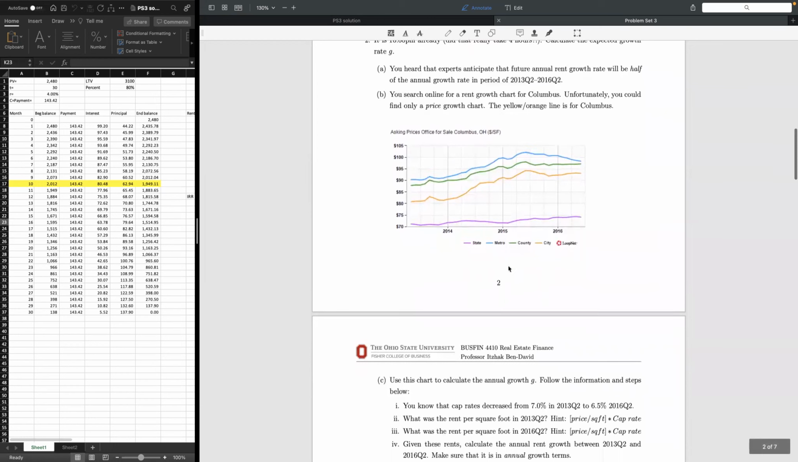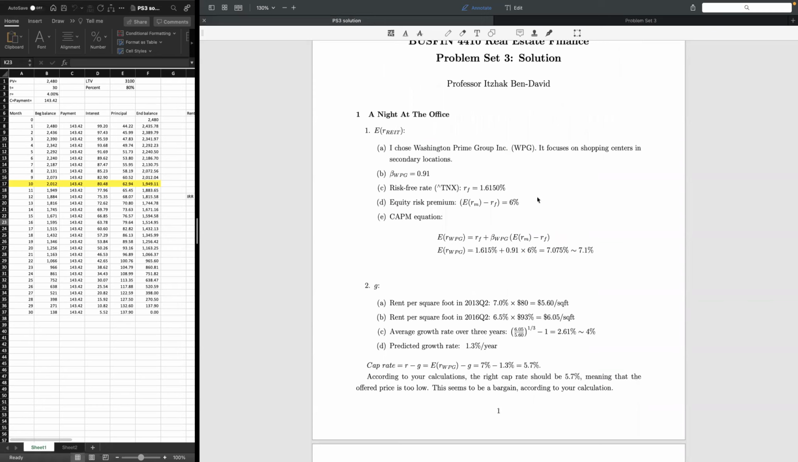And because we need to get the growth rate for Columbus, we need to use the city line, so the orange line here. The chart starts from the target period and ends at the target period that we are interested in. This is around like 80 something or 81, whatever you choose is fine. And this ending point is around maybe 88, 87. So if you plug it in,